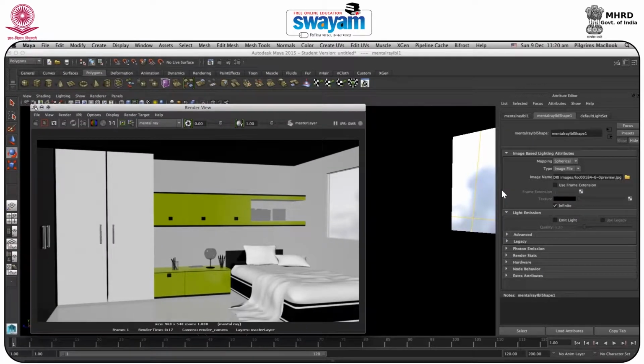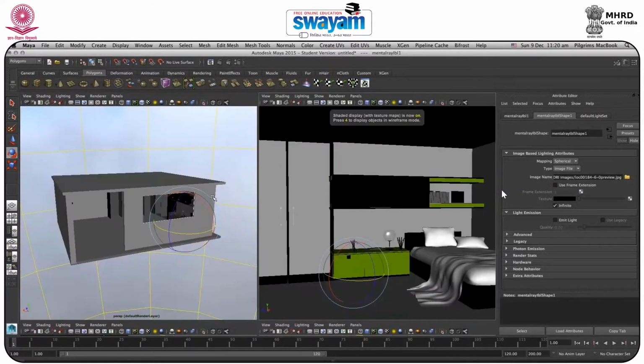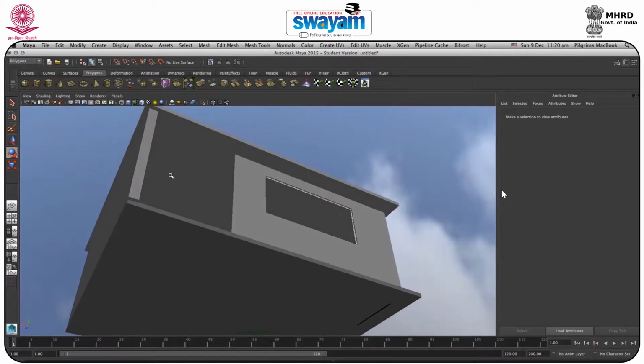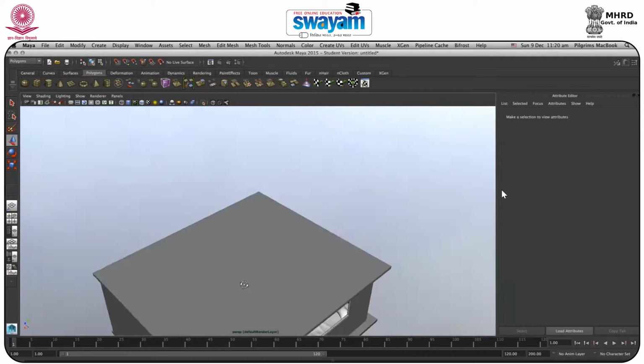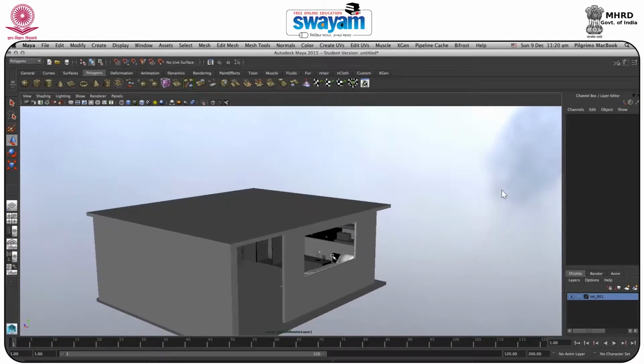And one more thing is that we will just press 6 and go up to here. Here you find that this part is getting darker, so what we will do, we'll go to the channel box and turn on the reference. Now by selecting the HDRI image, and one more thing is that